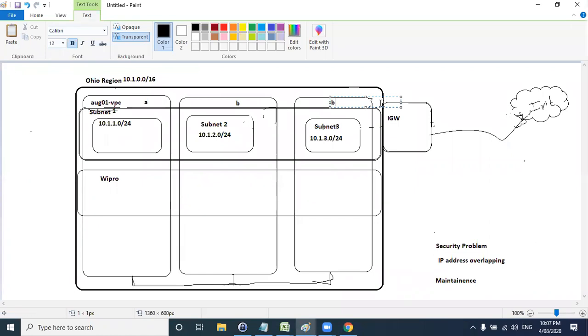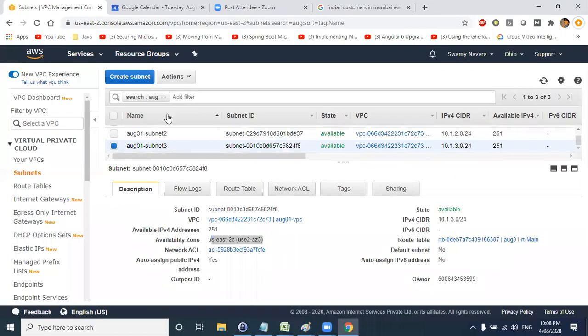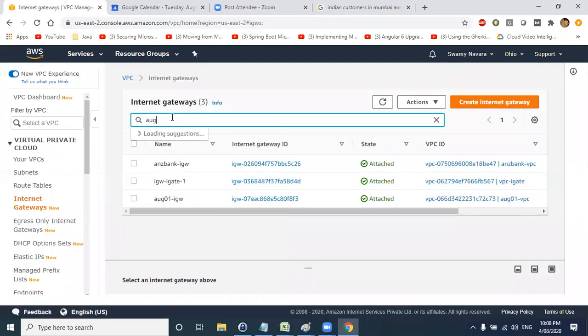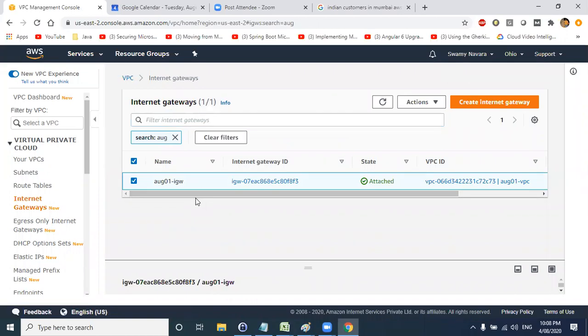The next one is the internet gateway we created. If you go here, this is your internet gateway. If you just create an internet gateway, it's no use, guys. You need to attach it. We already attached the internet gateway to our August 1st VPC.